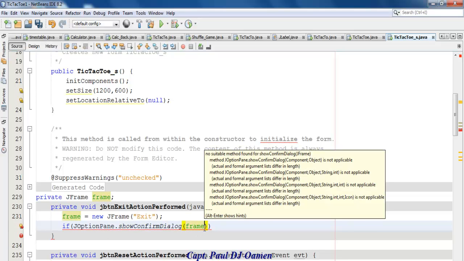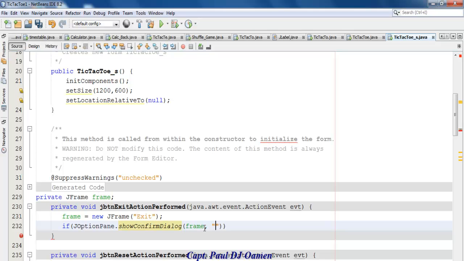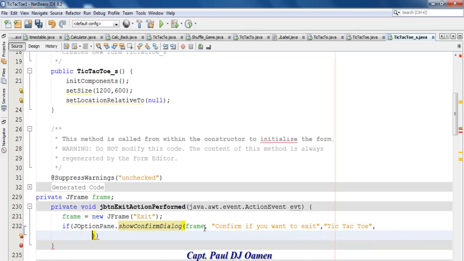Come right here, enter a comma, and what I want to enter will be confirm if you want to exit. Right, this comma, and just give the name TicTacToe. Okay, let's enter a comma, press enter, and continue with JOptionPane